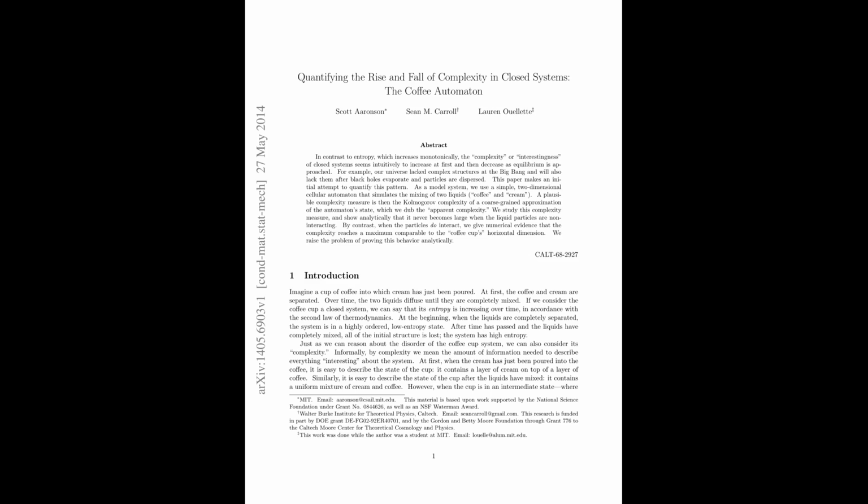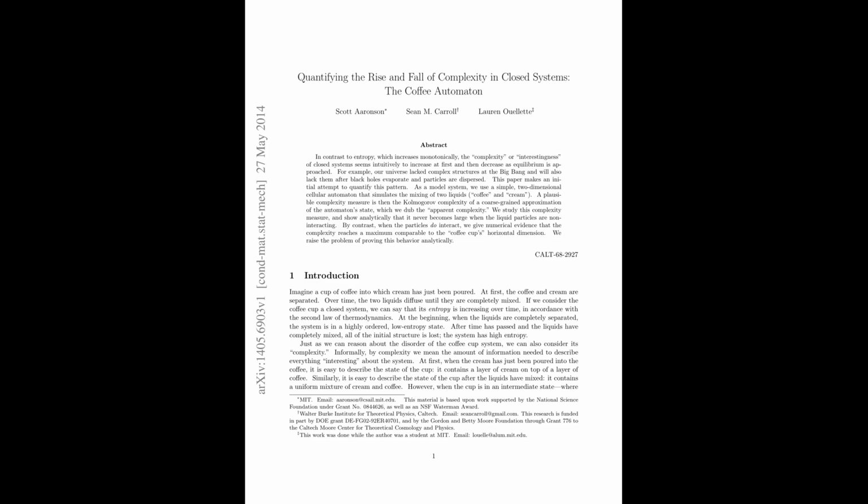But complexity, whatever that really means, seems to rise and then fall. Our universe appears to do the same thing on a cosmic scale, starting as a featureless hot plasma, passing through an era of galaxies and planets and brains, and eventually dispersing into a thin, cold soup after the black holes evaporate. The question this paper takes on is whether we can pin down that rise and fall pattern mathematically in